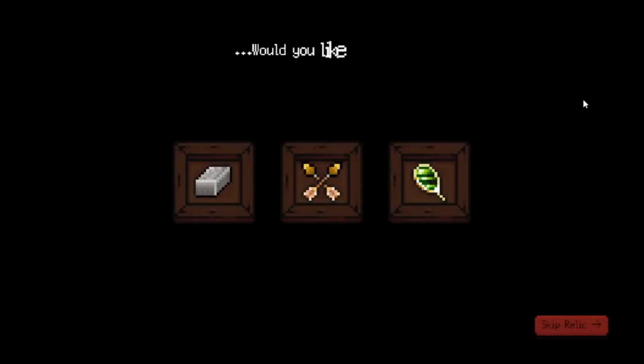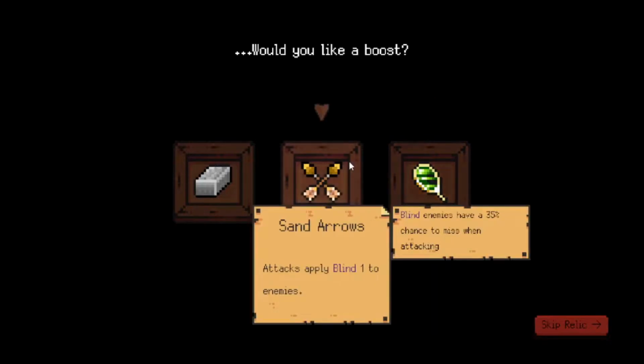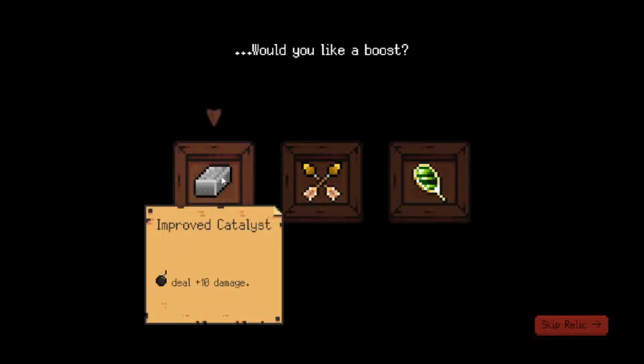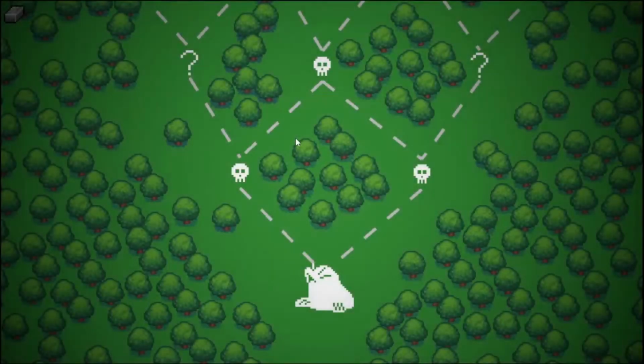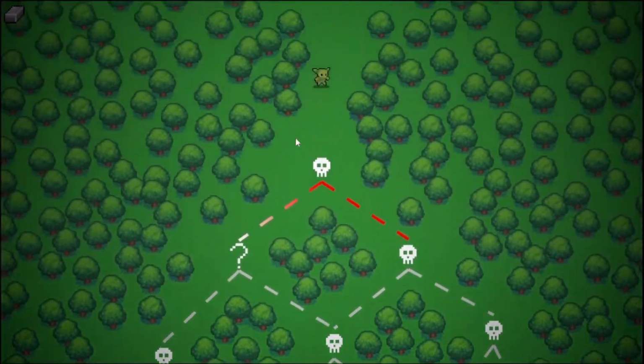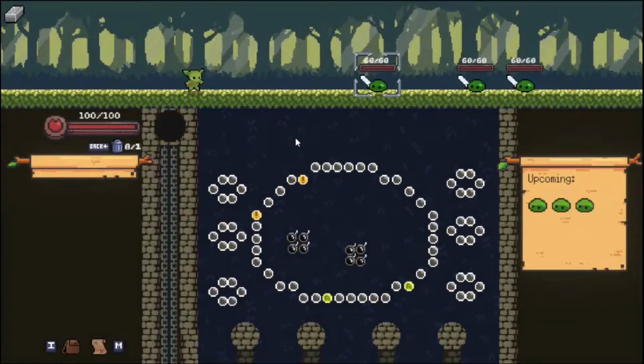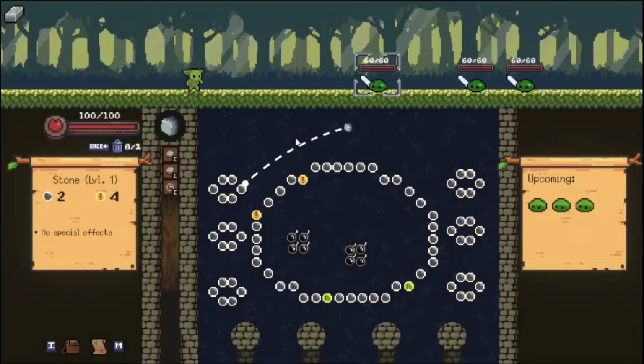Start a new run. So first things first, we get to choose a relic. These are boosts that do different things, and I think I just want this. We'll just go with that. I'll explain what everything is as we go, but this is the overworld map of the forest, and this is a roguelike, so every time you play the game, it will be slightly different. There is a bunch of randomness to it, from the fights to the items you get, and to the relics,